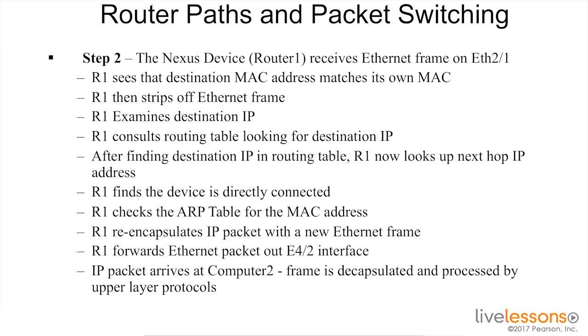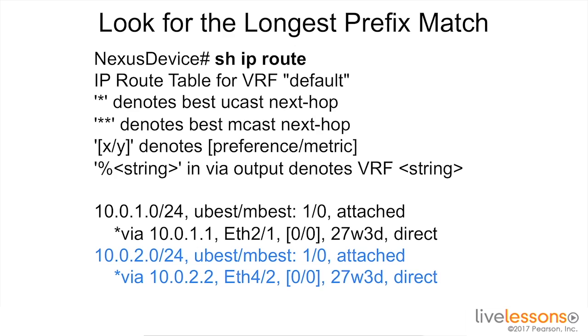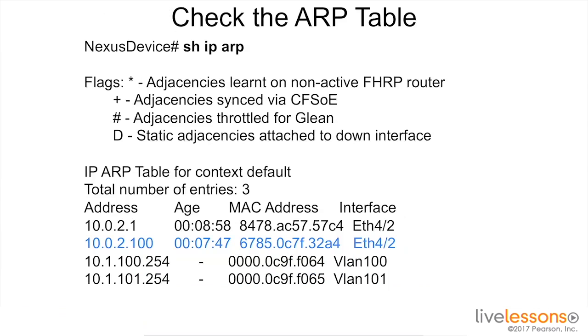layer protocols. If we take a look at the router's routing table, we can see that the longest prefix match that it matched on was 10.0.2.0/24. That route is directly connected out Ethernet interface 4/2. The next thing the router would do is look for the MAC address that it needs to put in the destination frame for host